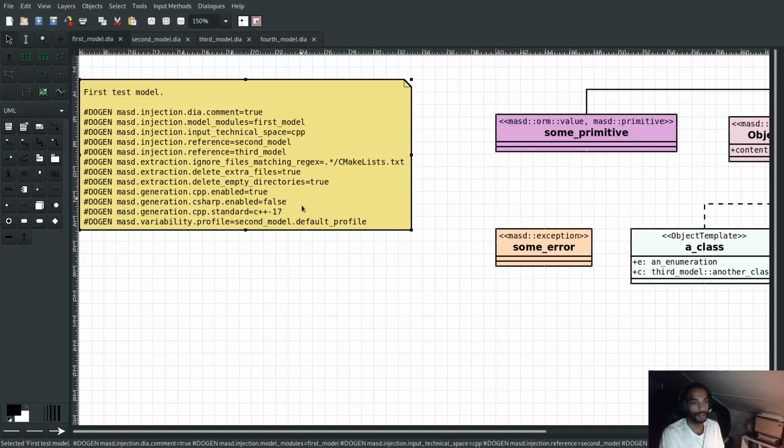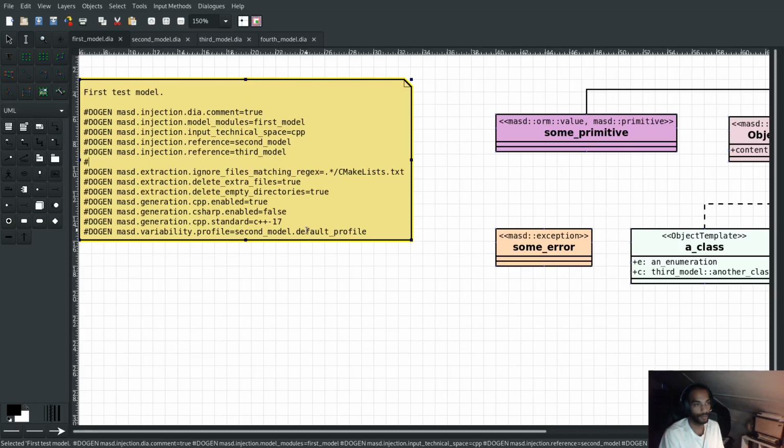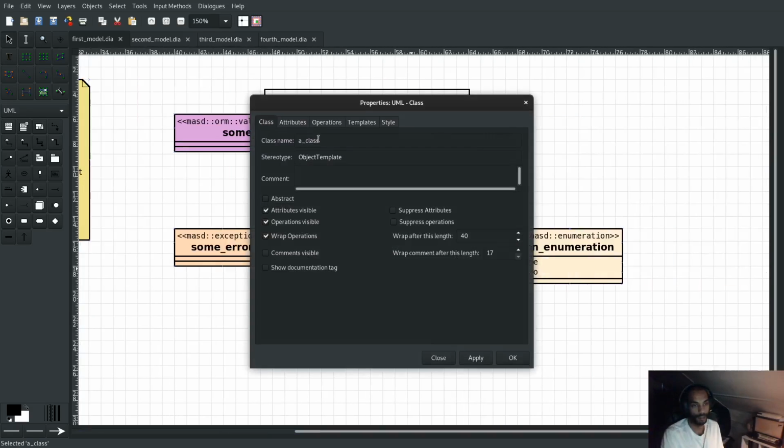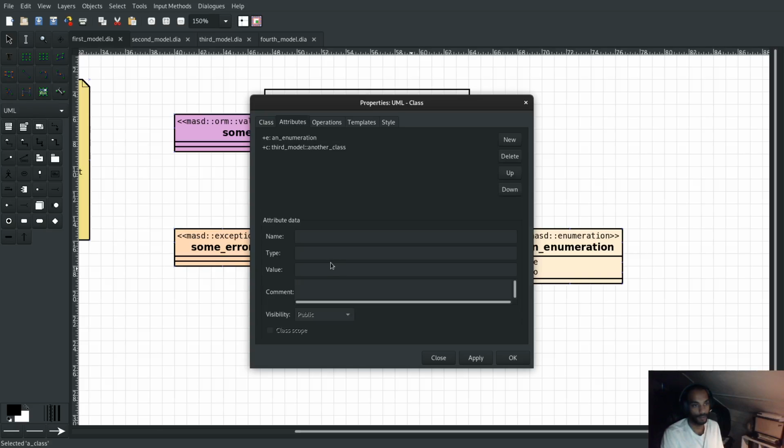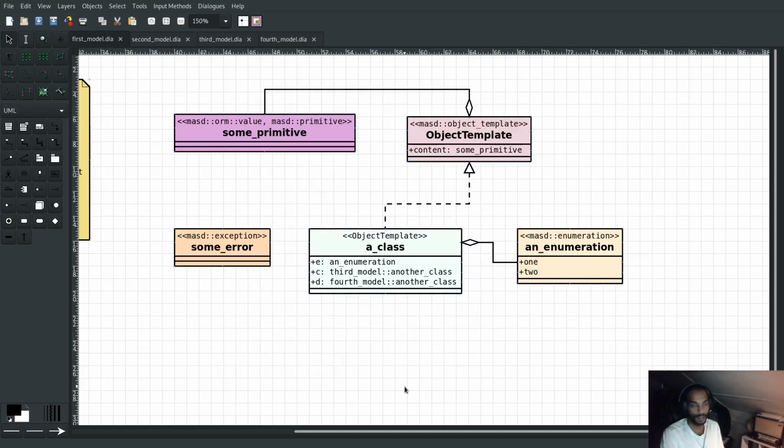So now, if we go to our first model and create a reference here to Dogen MASD injection, reference fourth model, we will also have to generate this fourth model, of course, otherwise compilation will fail. And here we just copy the approach and create a D, which is fourth model, another class. Now we should probably have enough data for this to work. So if we just resume